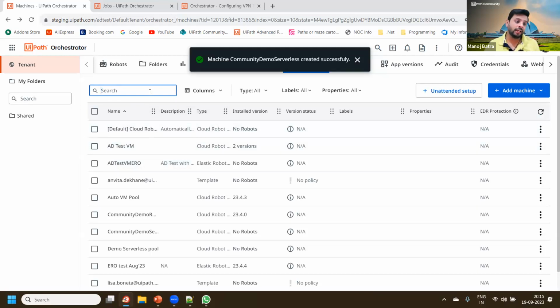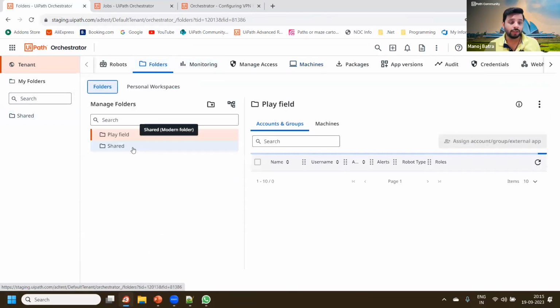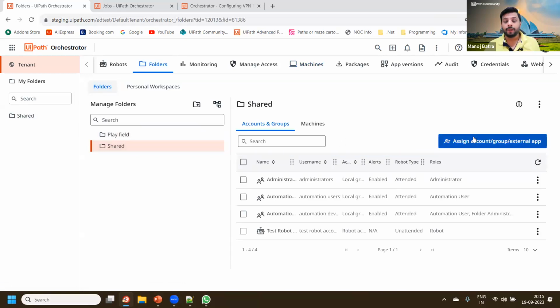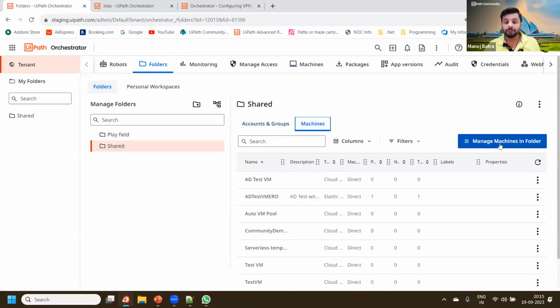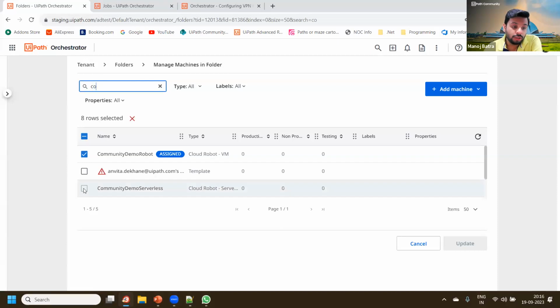Now the next thing I need to do is attach this to my folder. I'll go to my shared folder, go to machines, manage, and search for community demo serverless. If you see here, this option is disabled, which means you cannot add it